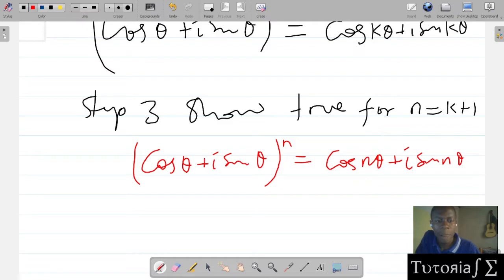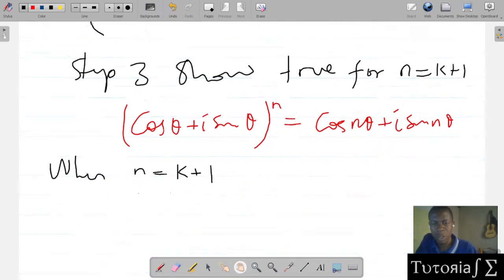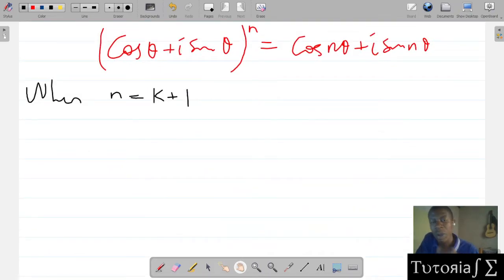Okay, then when n is equal to k plus 1, what are we going to have? Let me just pull it up like that. So we are replacing wherever there is n, we are putting k plus 1. So we are going to have